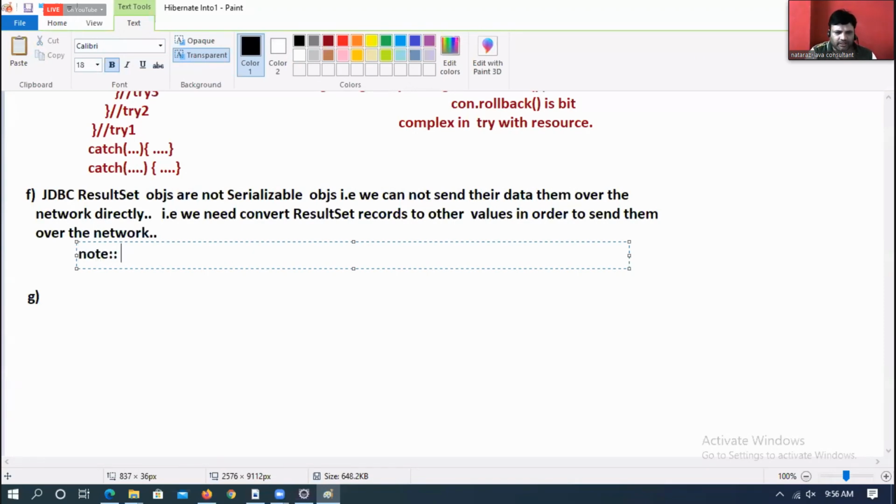Listen carefully. The process of converting object data into bits and bytes is called serialization.